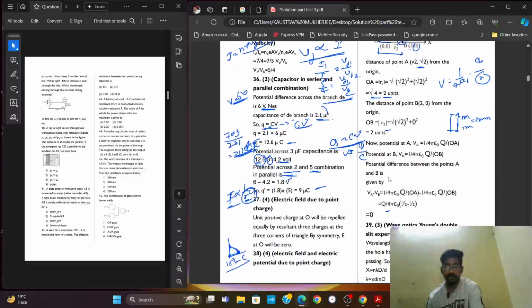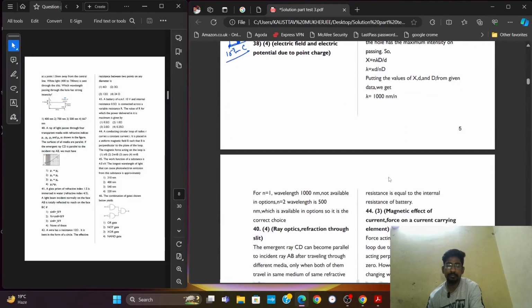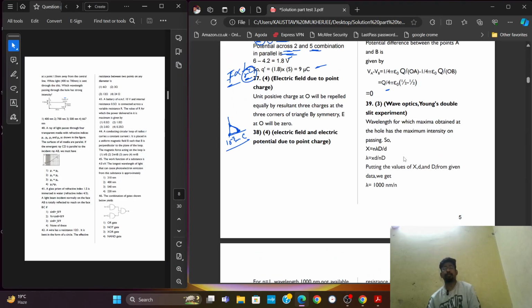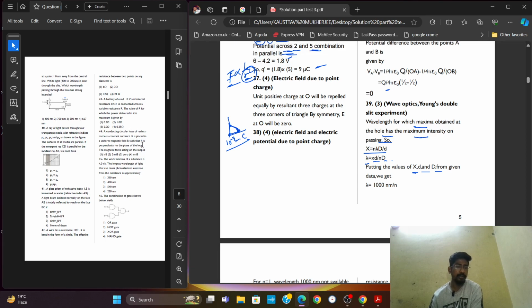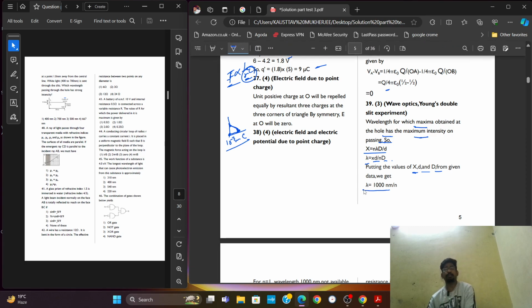Okay, so this is from the YDSE chapter, the interference chapter, right? The wavelength with maxima at the hole has the maximum intensity, right? The formula is n lambda D divided by 2d. Sometimes d and sometimes 2d is the total distance. That means lambda equals xd by nD. Putting the values of x, d, and D, right? They are all given, right? You will get the lambda value as